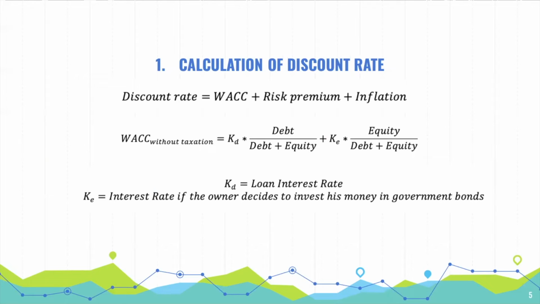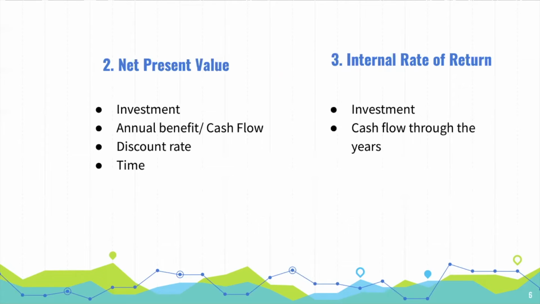It's important to mention that the cost of the capital was taken at the rate that the owner would have obtained if he decided to use his money to invest in a bond of the government, such as CETES. The next step was to calculate the net present value of each of the printers with the help of Excel. For this, we require the initial investment represented by the cost of the printers, also the annual benefit that the